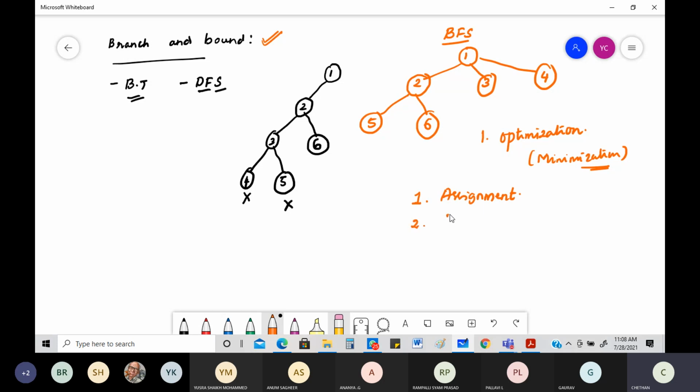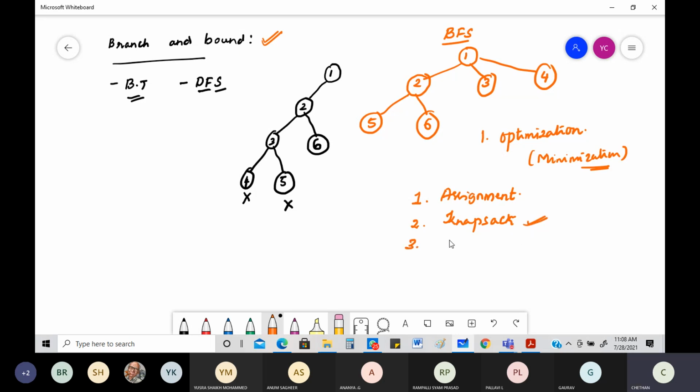The next thing is you can even do it using knapsack. You have done knapsack using two techniques, one is the greedy method and also dynamic programming, right? Greedy method and dynamic programming, 6A, 6B, lab programs it was. So using the branch and bound technique also we can do our knapsack method.